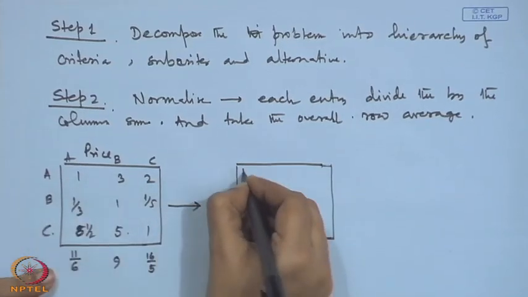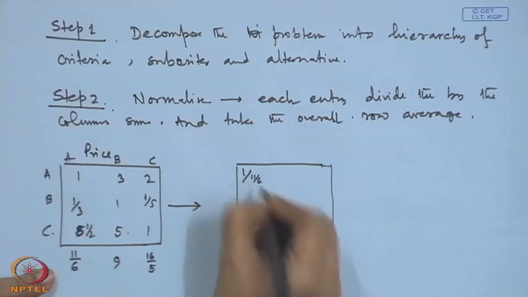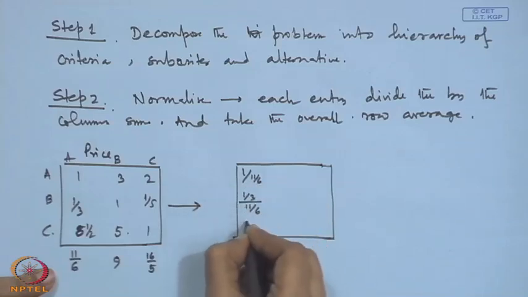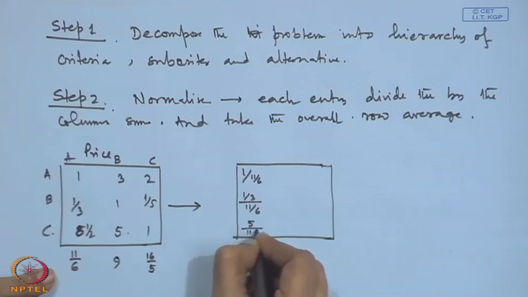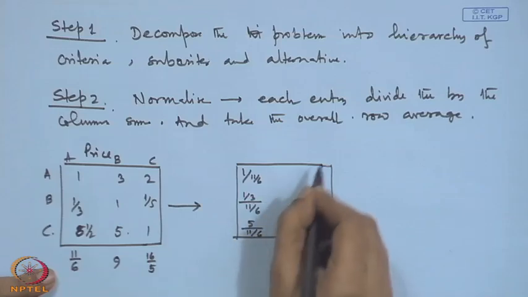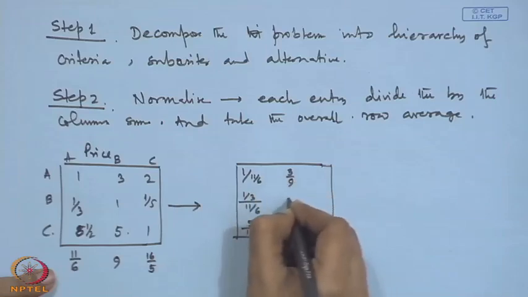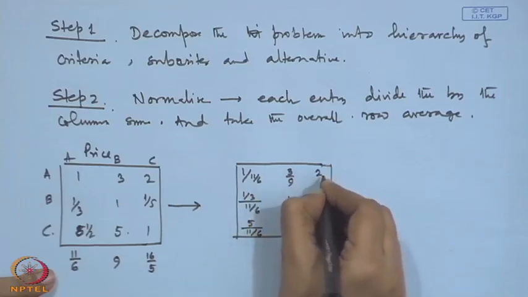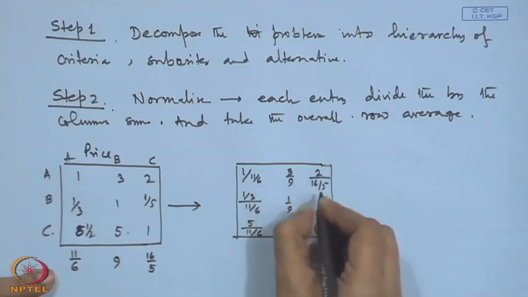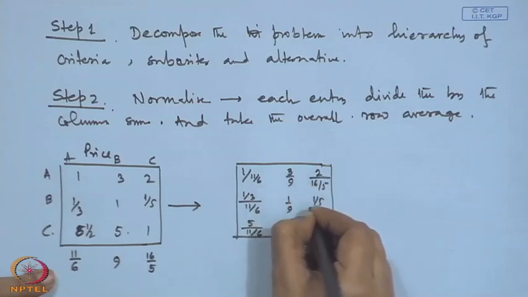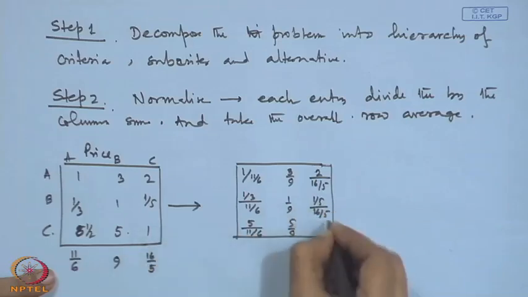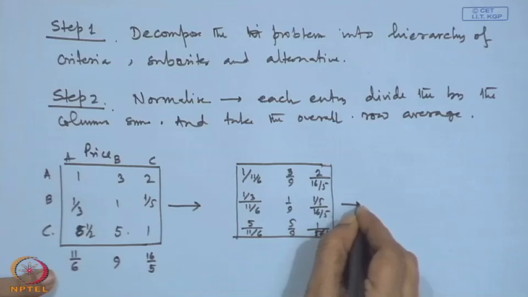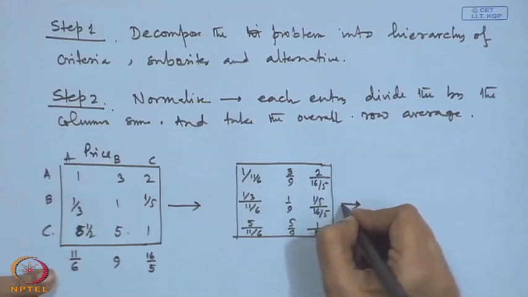We are considering 1 by 11 by 6, 1 by 3 by 11 by 6, 5 by 11 by 6. In this way, we are completing the whole table. This is 3 by 9, 1 by 9, 5 by 9, 2 by 16 by 5, 1 by 5 divided by 16 by 5 and 1 by 16 by 5, and this matrix will